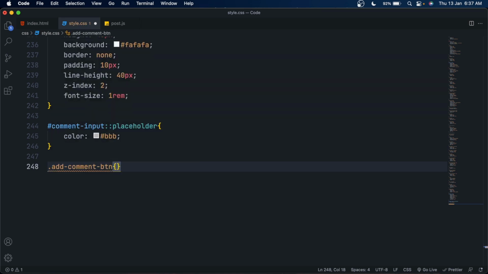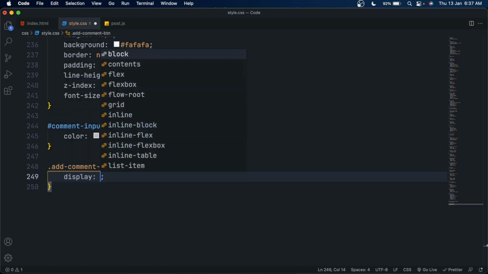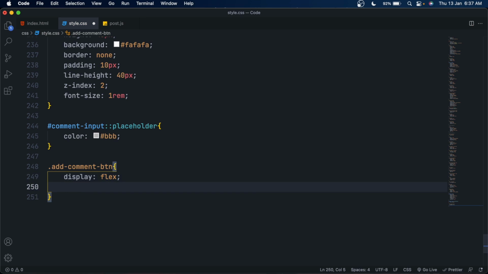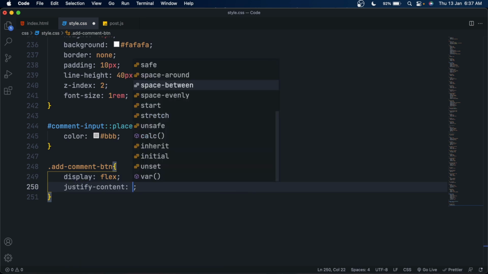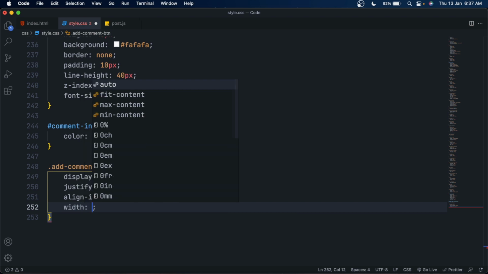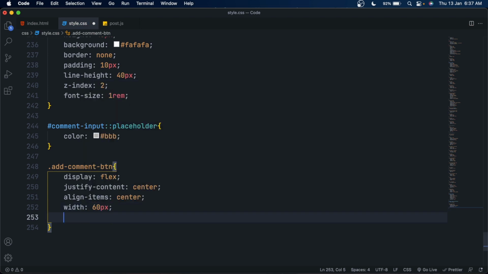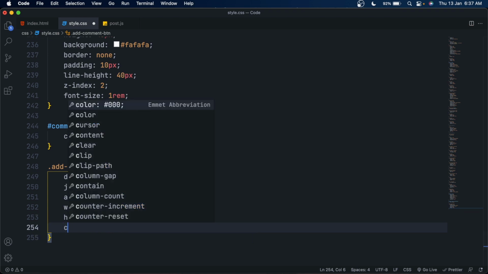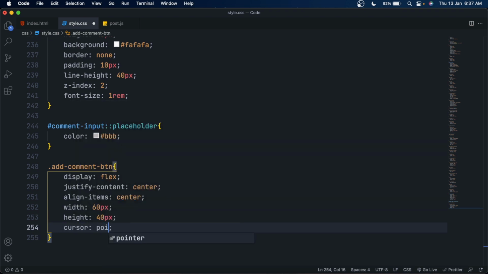Okay, now select the add comment btn element and set its display to flex. Set its justify content center and align items center, so it will place the image perfectly in the center of the btn, and then set its width to 60 pixels and height to 40 pixels, and for the hand pointer, set its cursor to pointer.